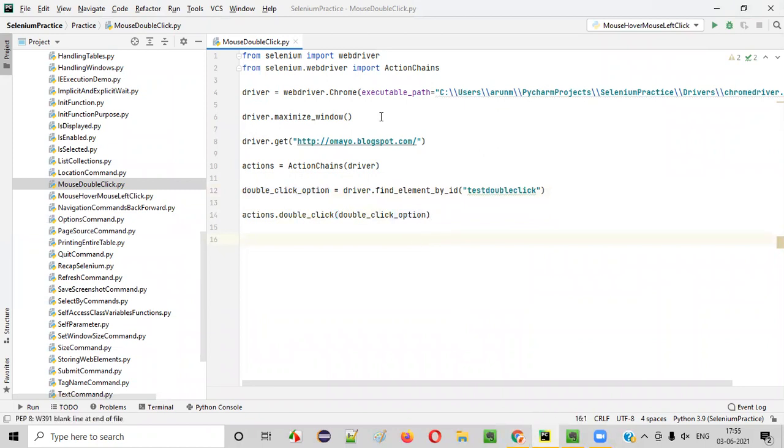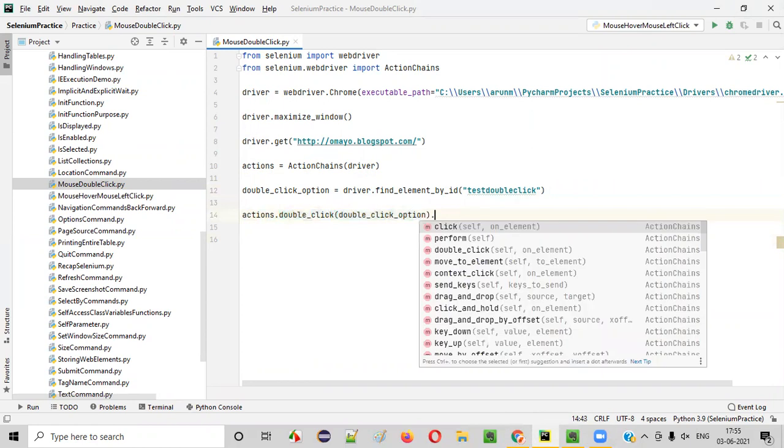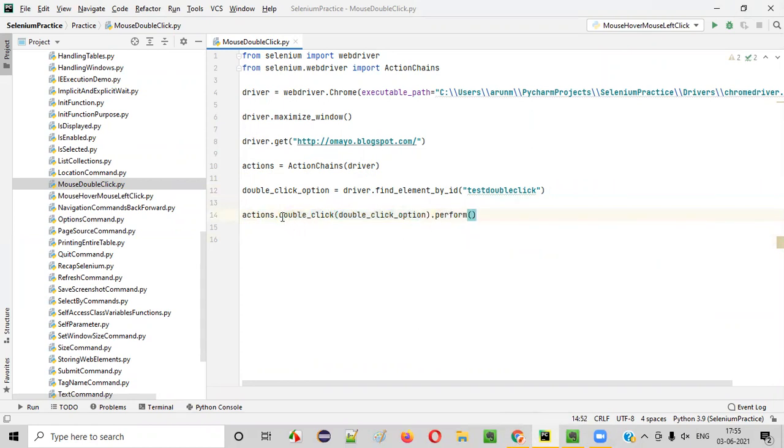So I want to perform double click on this web element. So if I run this code, will this work? No, guys. As already explained in one of the previous sessions, for all the ActionChains commands like double click or move to element or left click, whatever the commands, for them to work, we have to end these commands with dot perform. Then only they will work. If you don't end the ActionChains commands with dot perform, these commands will not be executed, guys. I already covered this in the previous session. So let me run this after adding the dot perform.